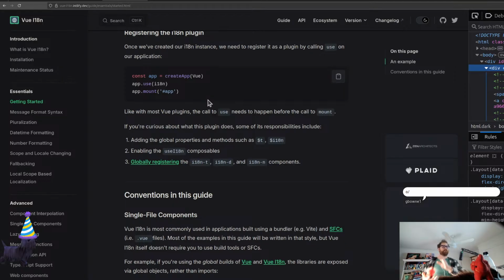So yeah, like most Vue plugins, use needs to happen before the call to mount. If you're curious about what the plugin does, some of its responsibilities include adding the global properties such as $t and $i18n, enabling useI18n composables, globally registering the i18n-t, i18n-d, and i18n-n components, which at the moment I don't know